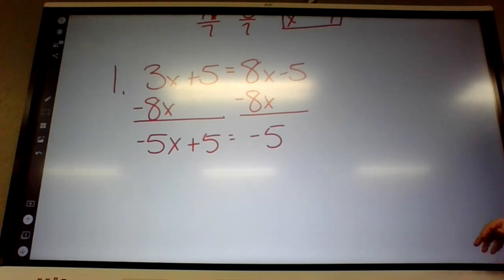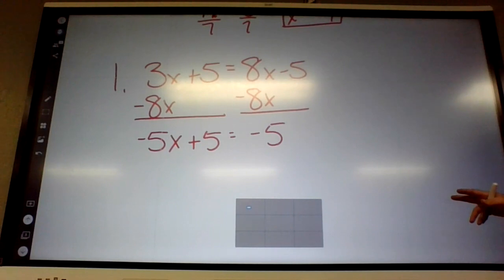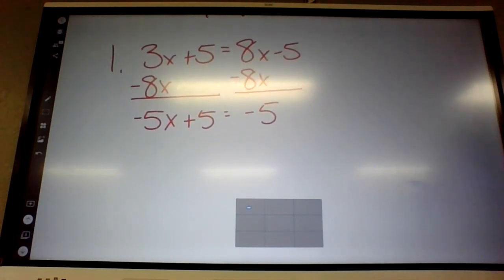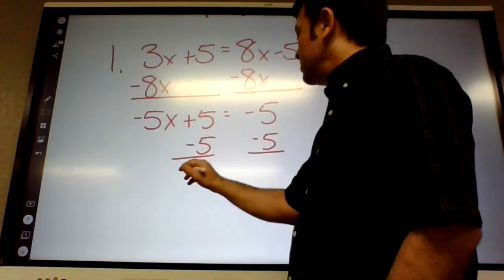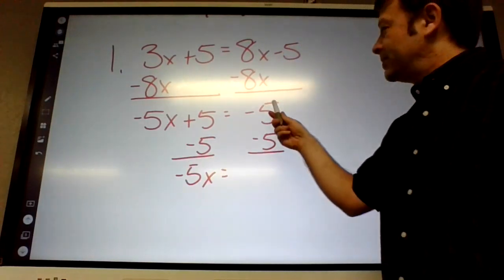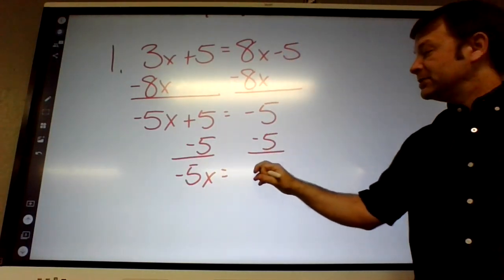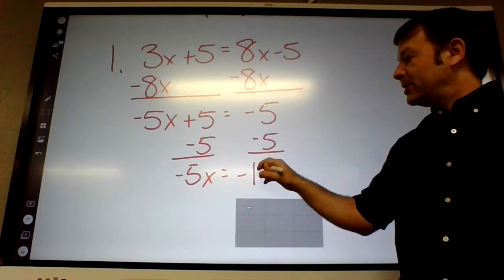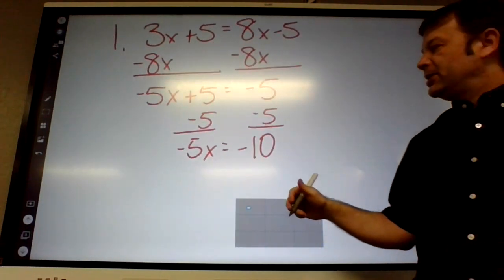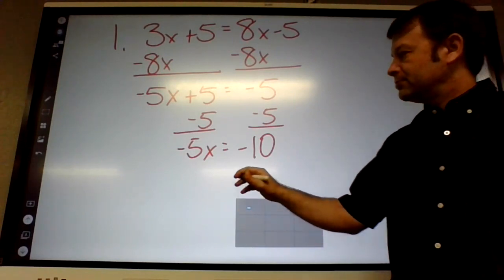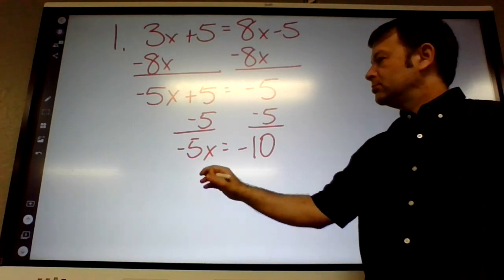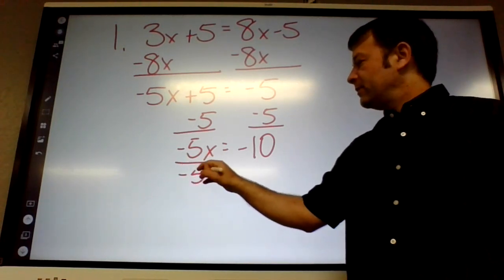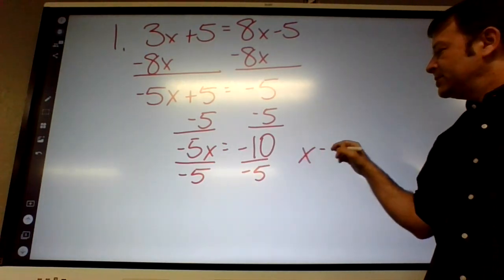So AJ, now what's our step? We subtract 5 from this. Yeah, it's a normal problem now. I think a lot of us are still getting this wrong. Negative 5 minus 5. I guess if you're not sure, just plug it in the calculator, but that would be negative 10. And then what, AJ? Then negative 5 divided by, divide by -5. So x is,